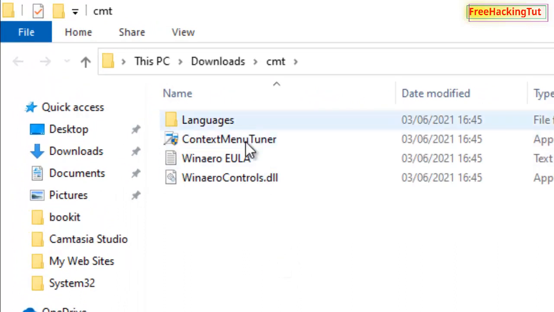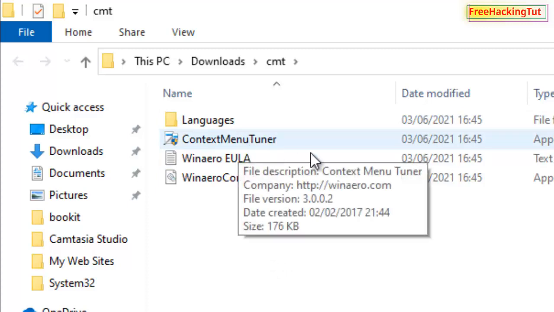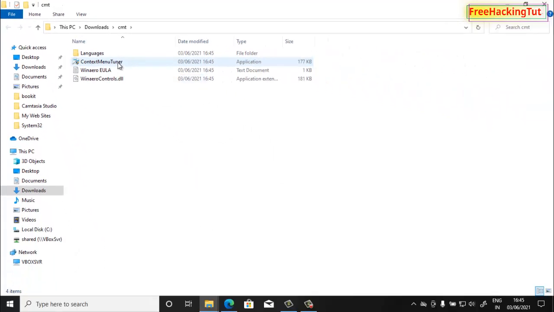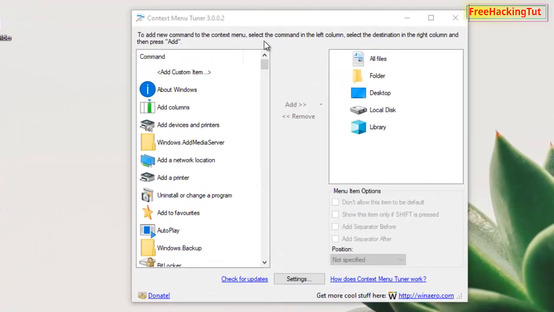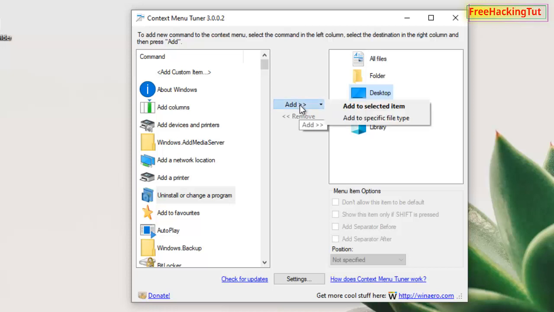Now click here on Context Menu Tuner. Now as the application is loaded, you can see here Uninstall or change a program. Just click on it and select the location as Desktop. Select Desktop, and here you click Add, add to selected item,